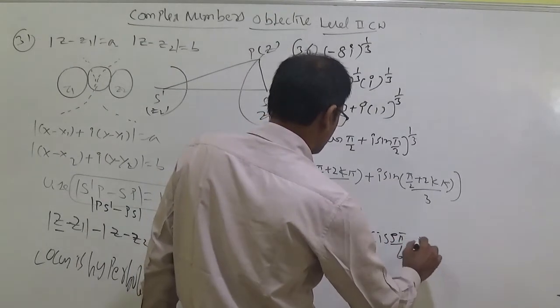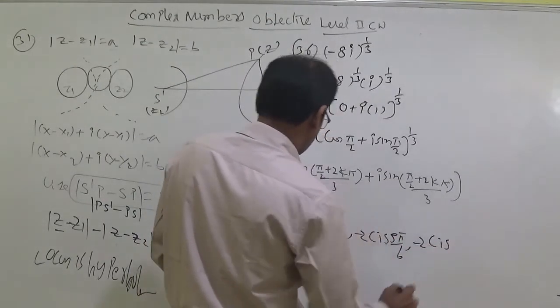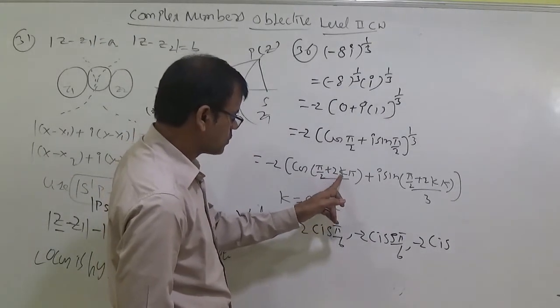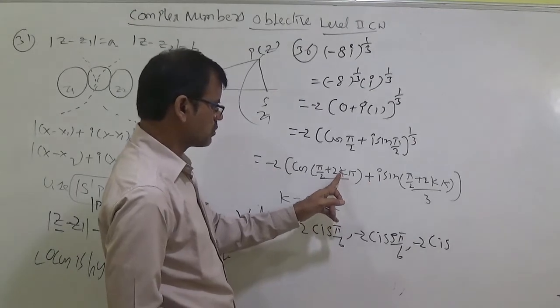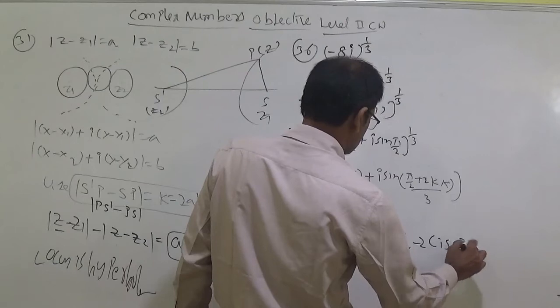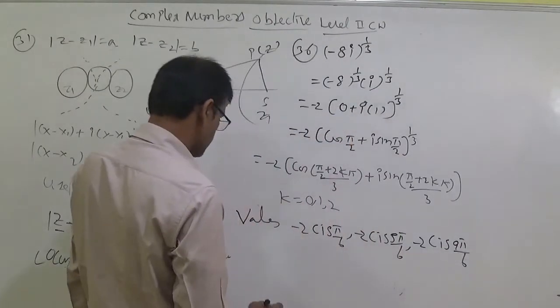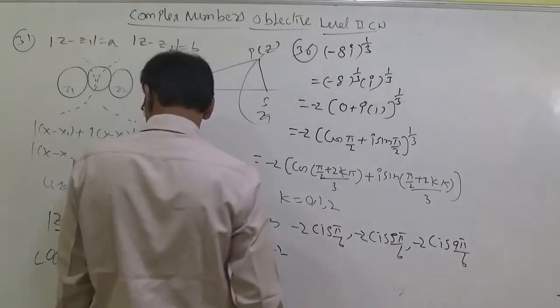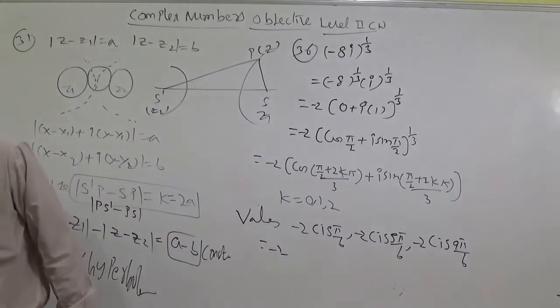And minus 2 cis. If you substitute 2 here, 2 to the 1 here. So 1, 2 to the... yes, if you substitute 2 here, 2 to the 4, 4 to the 8, 8 plus 1, 9 pi by 6. Cis 9 pi by 6. That is equal to minus 2 into cis pi by 6, which becomes cos pi by 6 plus I sin pi by 6.